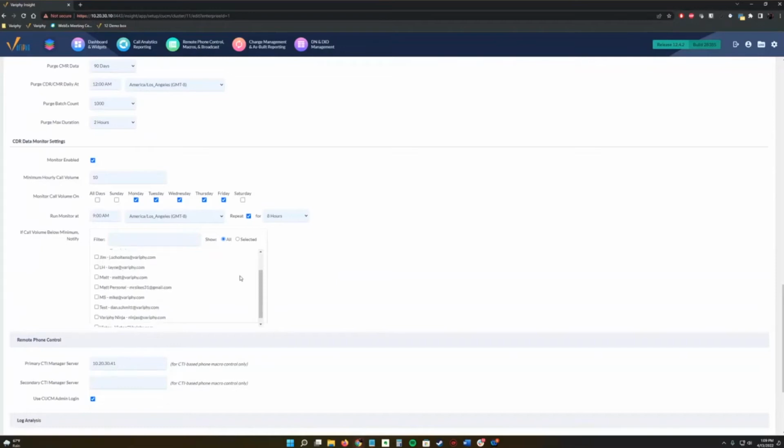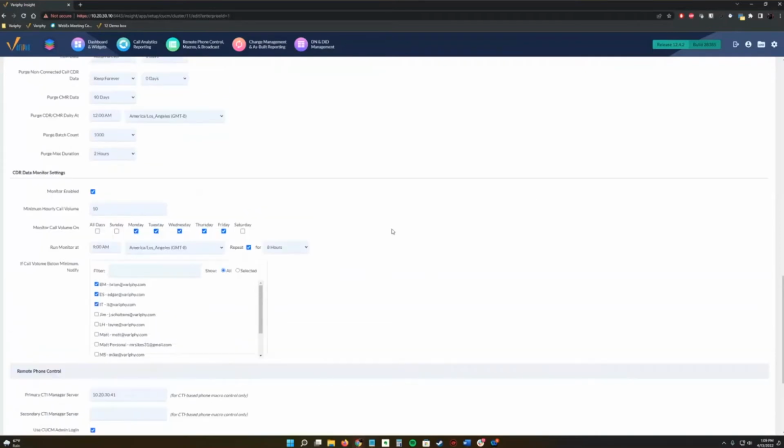Pretty easy, pretty simple, but a very useful tool, because like I said, we see that a lot where we just stop receiving data. There are also some other causes that could happen where we're not receiving data, and we're going to go into that here in just a minute. But that's all we're going to do on the CUCM cluster side.